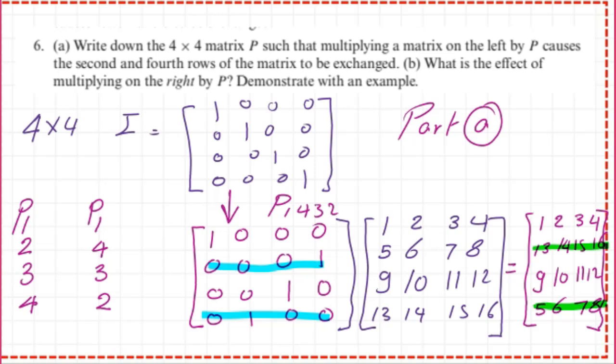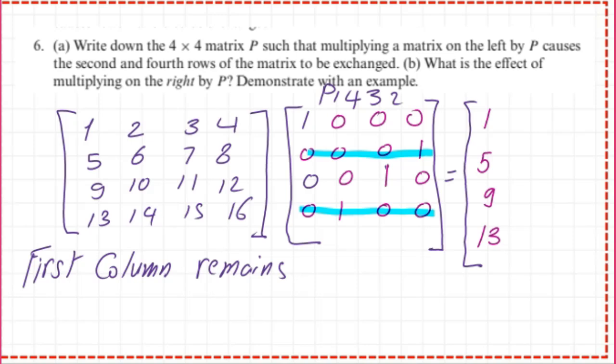This is part A. In part B, he said, what happens if we use the same matrix, 1, 4, 3, 2, we multiply, we keep A at the left, but we will keep the permutation matrix on the right side. What happened is that the permutation matrix will exchange the columns. As we know, the normal column 1 0 0 0 is the same. It should be followed by 0 1 0 0, the normal position as C1 2 3.